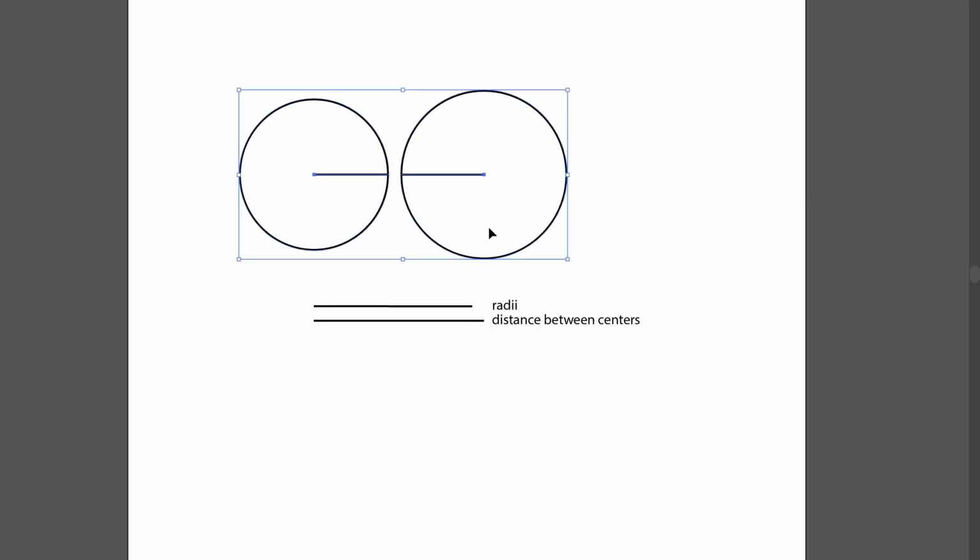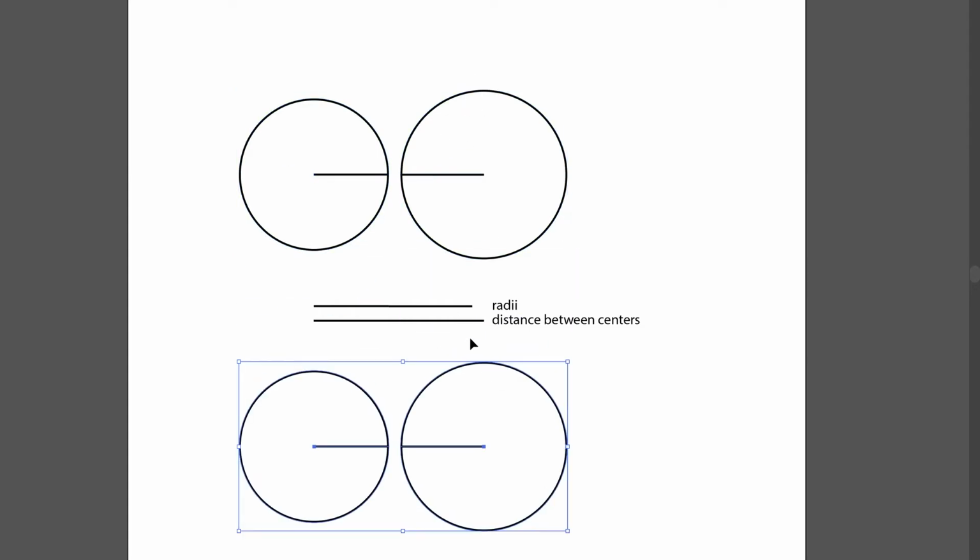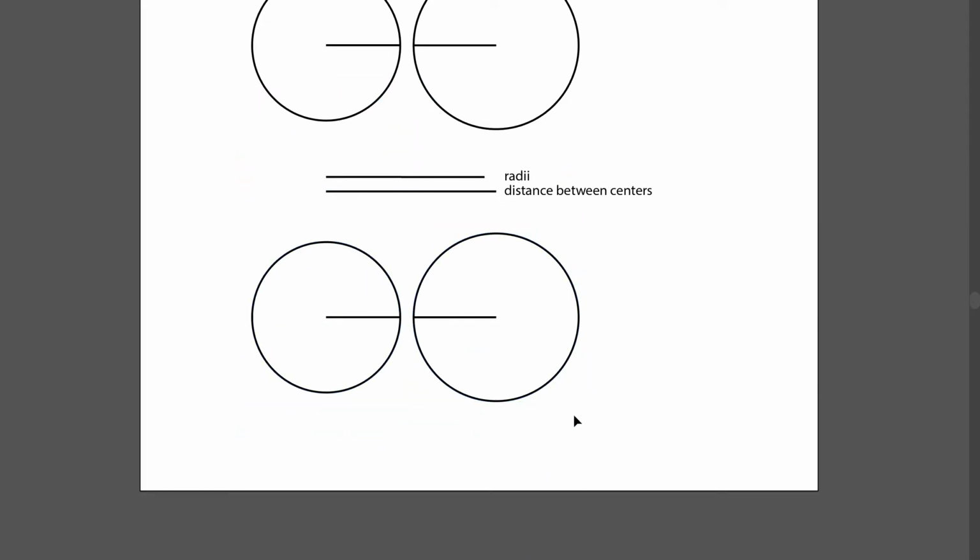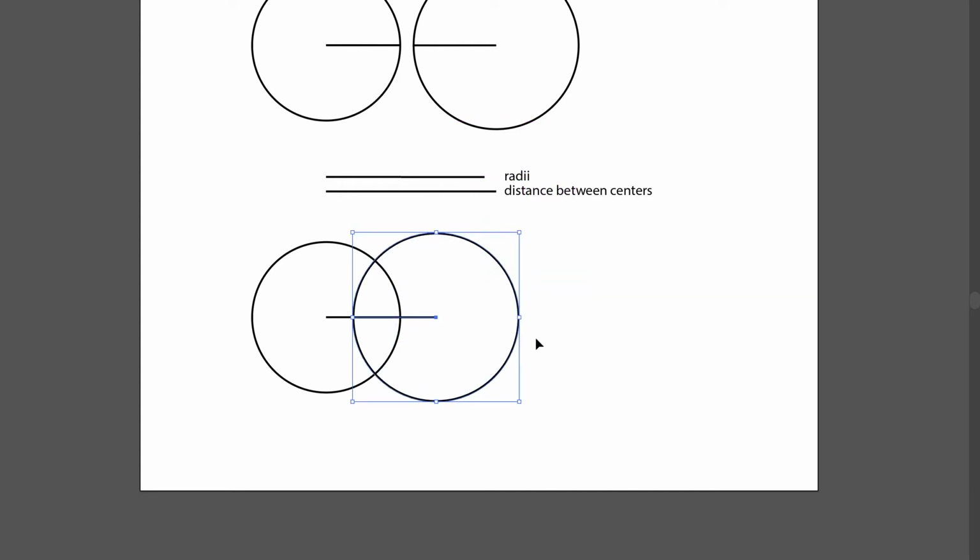Now, if I took this same thing and moved these so that they're intersecting, let's take these two things again. These are the radii.